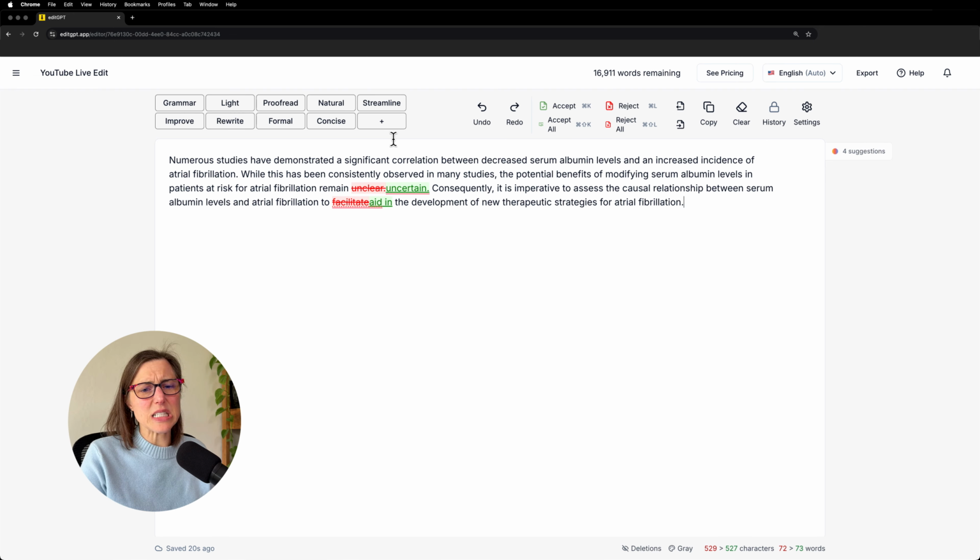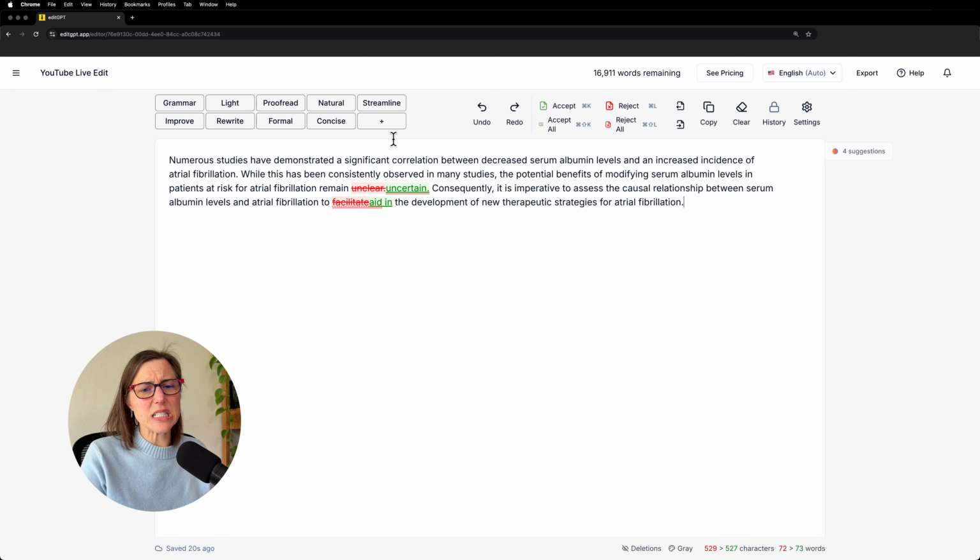Now, I will say that some people have mentioned to me, well, demonstrated is a little bit more of a concrete verb. Shown has different meanings. So in some cases, it may not be the best word, but in many cases, it is just fine. And it makes it a lot easier for readers to understand it. So I would definitely challenge that statement. And of course, there are always exceptions. Writing is based on principles, not rules. And so there are times when you might want to use demonstrate instead of show. For example, in a grant for a specific aim, I would say demonstrate versus show, because I think it's a little bit stronger in that particular context.